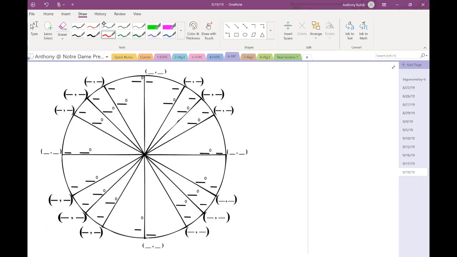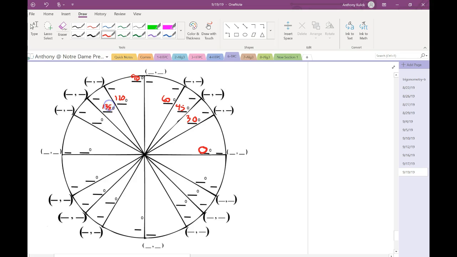Okay. All right. So what we're going to do is all of these angles that we can find exact values for, i.e. that when we draw a reference triangle, we end up with a 30, 60, 90 or 45, 45, 90 triangle, we're going to record those values here on our unit circle. So I'm first going to start by writing down the degree measures. 0 degrees, 30 degrees, 45, 60, 90,